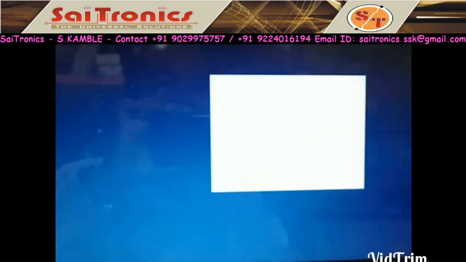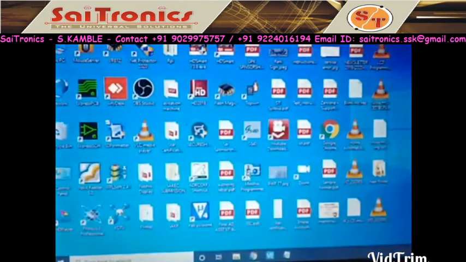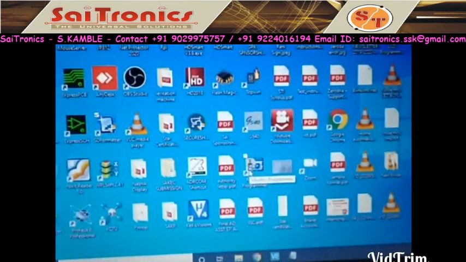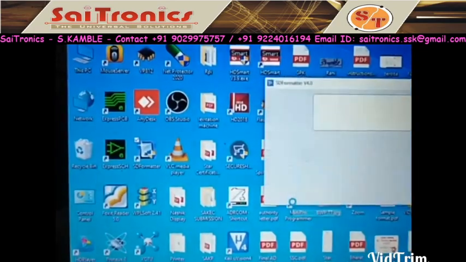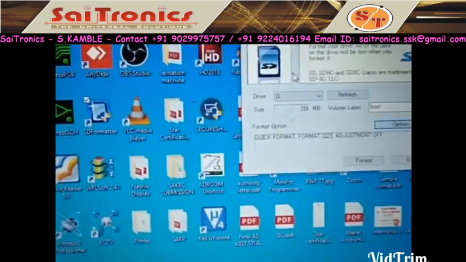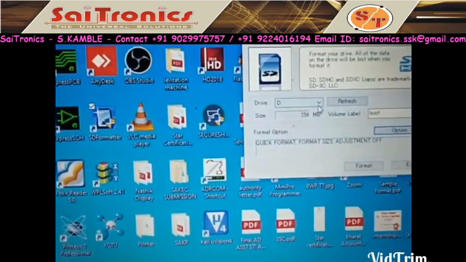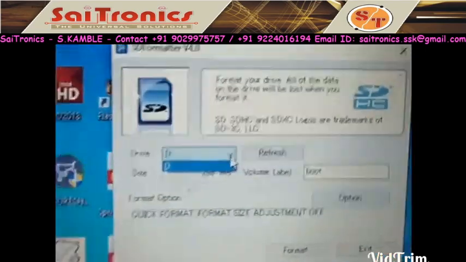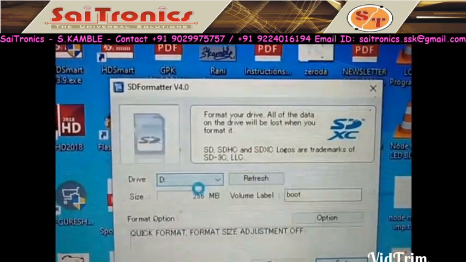Here you have to select your drive which you want to format. So I am using D drive.